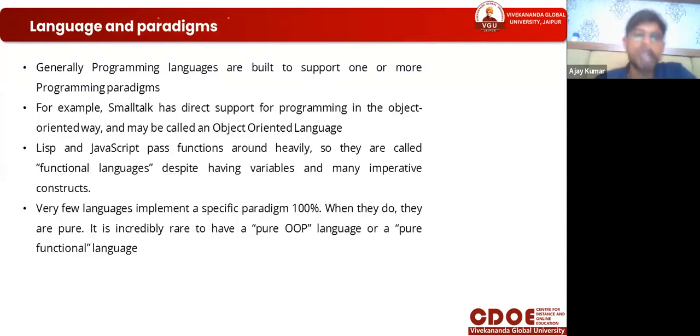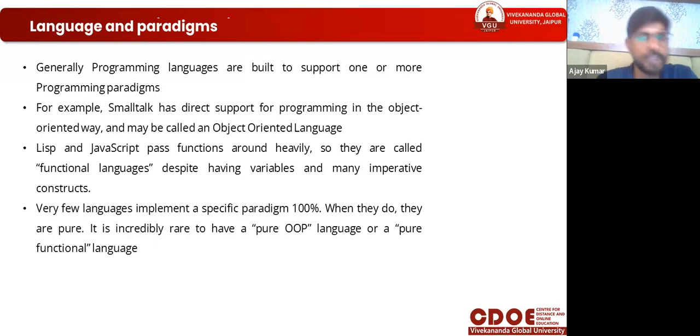Generally, programming languages are built to support one or more programming paradigms. So as I already said, there are no closing boundaries for this specification. You don't only use one paradigm. No, you can approach any problem in any specific way. I have multiple problems, say a problem to count n numbers, so I can write the code in many manners, many paradigms. That manner, that style is uniquely identified by you, but the approach you use is what is called a paradigm.